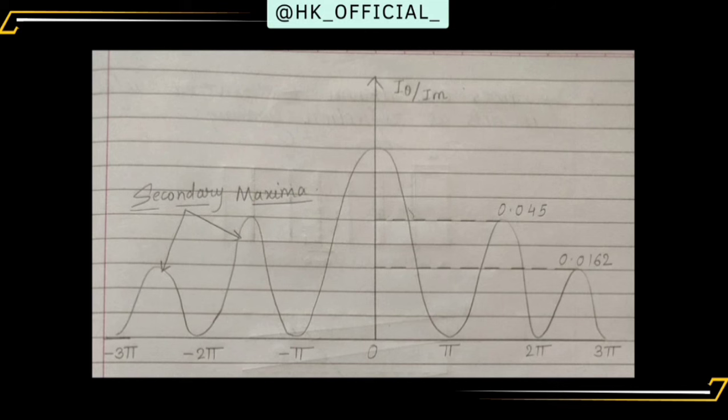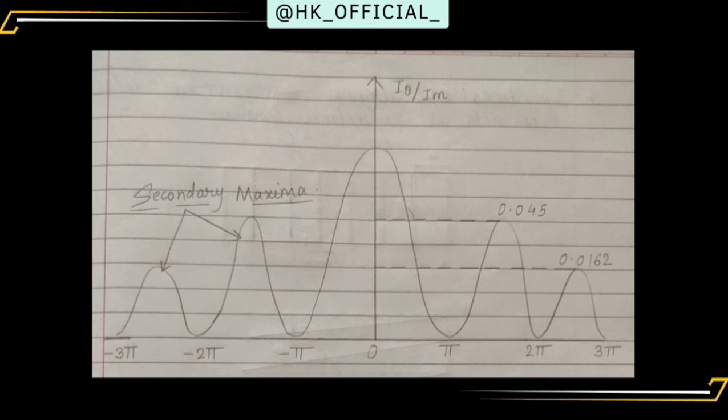A different question can also be asked for just the secondary maxima. So you have to write that secondary maxima condition. You have to start with the intensity due to single slit formula, then put alpha equal to m plus 1 by 2 into pi. I hope you understood why we have taken m plus 1 by 2 into pi, because alternate values, that is m pi and m plus 1 pi, will be there. So what will be the middle value of it? It will be m plus 1 by 2 into pi. The simple logic, just put alpha in that equation and you will get the I theta by Im condition.